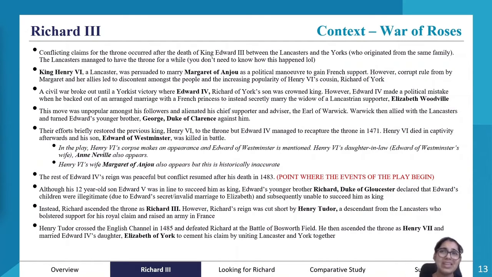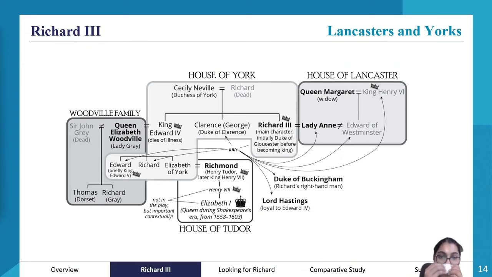the Lancastrians and the Yorks to become the Tudor family. Then, two generations later, Queen Elizabeth I, Henry VII's granddaughter, takes the throne, and that's when Shakespeare writes this play about Richard. Okay, so